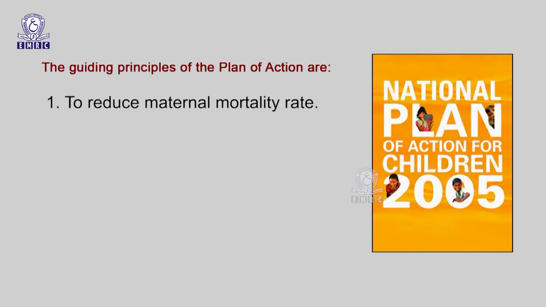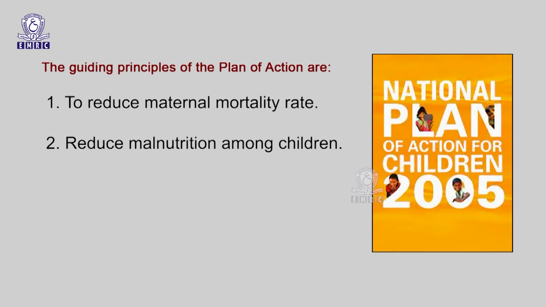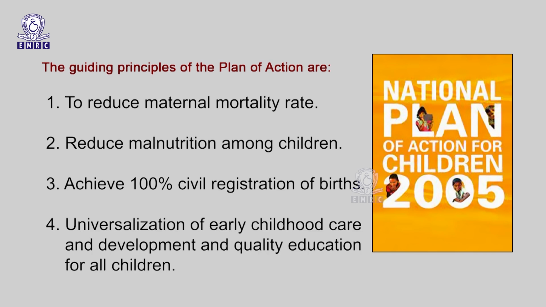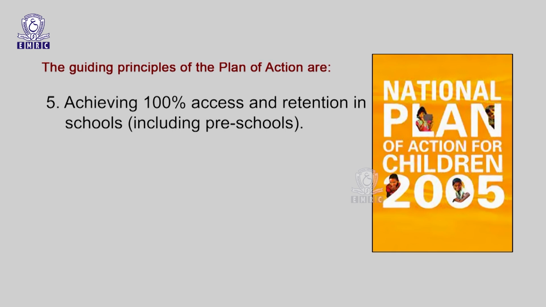The plan has identified 12 key areas, keeping in mind priorities and the intensity of the challenges that require utmost and sustained attention. These are to reduce maternal mortality rate, reduce malnutrition among children, achieve 100% civil registration of births, universalization of early childhood care and development and quality education for all children, achieving 100% access and retention in schools,